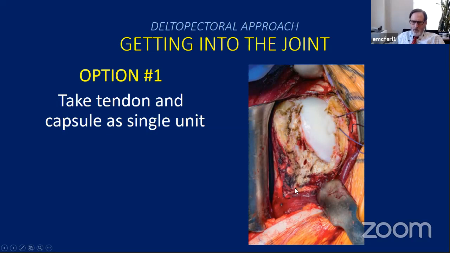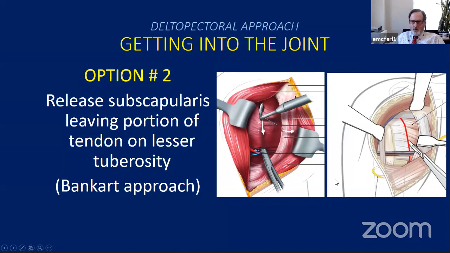You can come down onto the head neck junction here, and you want to release directly on bone. Oftentimes there's some large osteophytes here. I tend not to use sharp retractors. I tend to use smooth Homan retractors down here, because the axillary nerve and the vessels are all down that way. And so you want to try to avoid using sharp retractors down in this area where you might find the nerves.